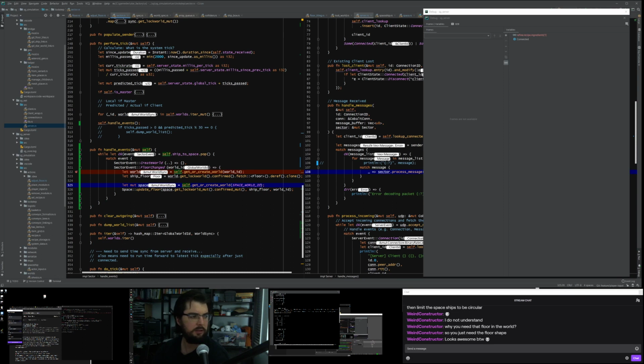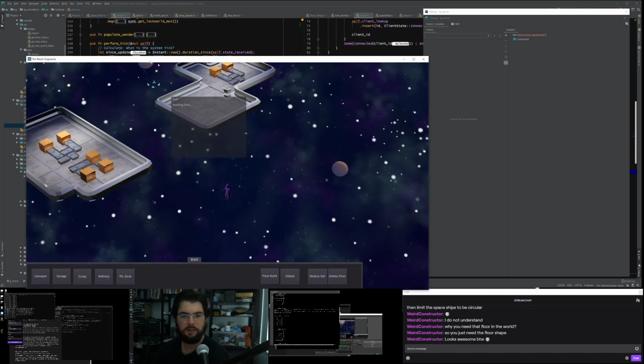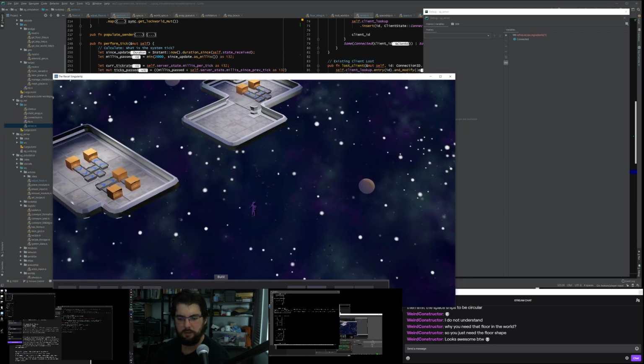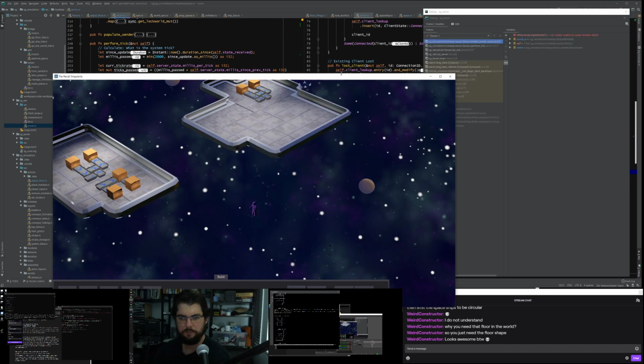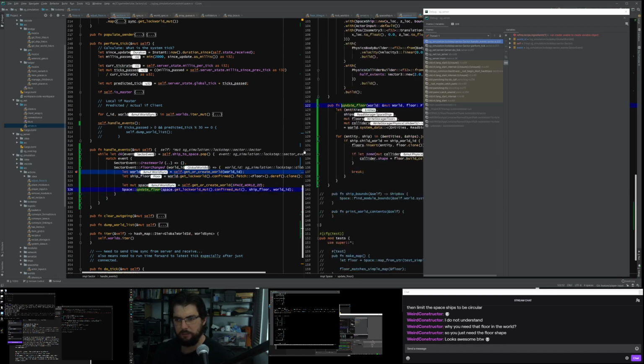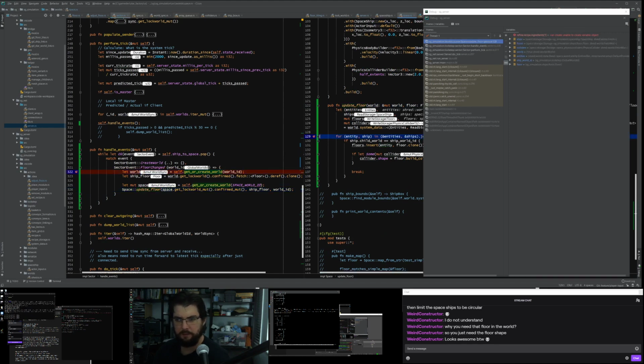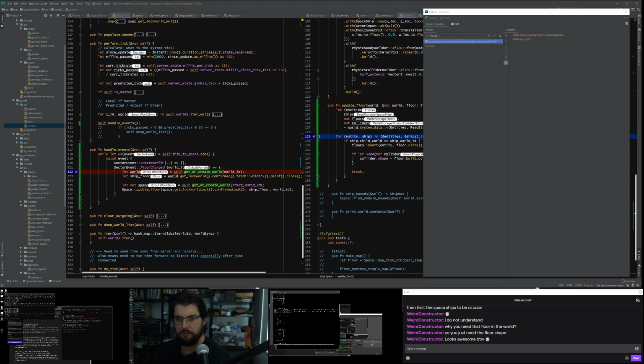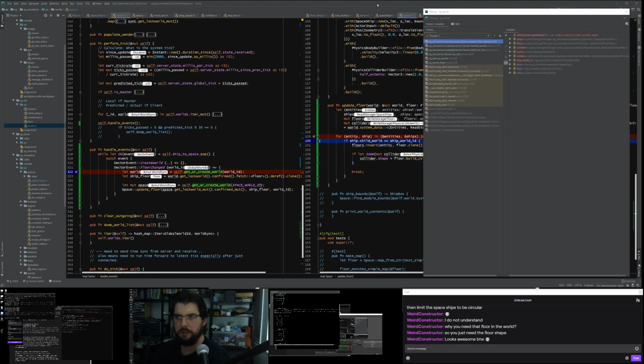Okay, so I'm going to quit the client and run the game client again, because I'm expecting the other one won't be able to sync up. And we're going to build some more floor. Here we go, and again I hit the breakpoint. So I want to go inside of update floor, which is this function here. So put a breakpoint here and run some more. Okay, so it did actually make it in here.